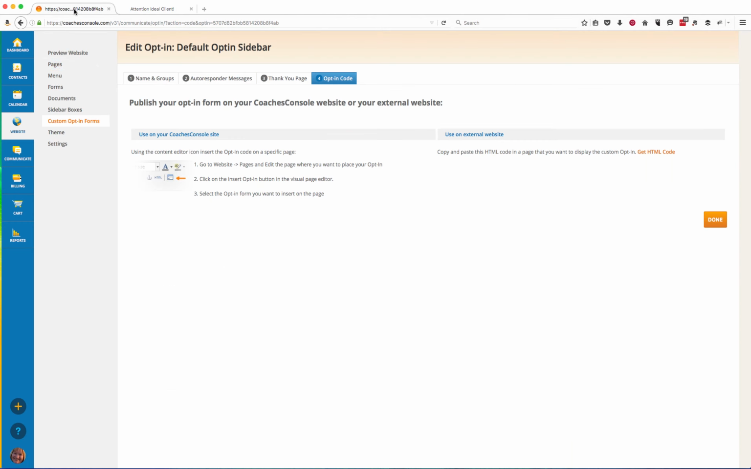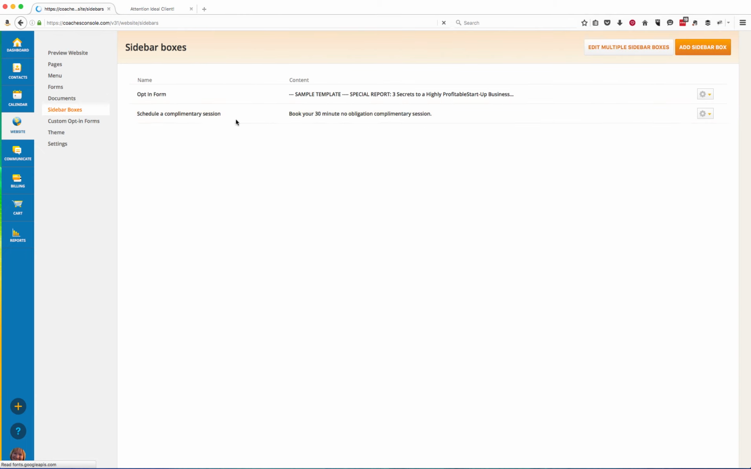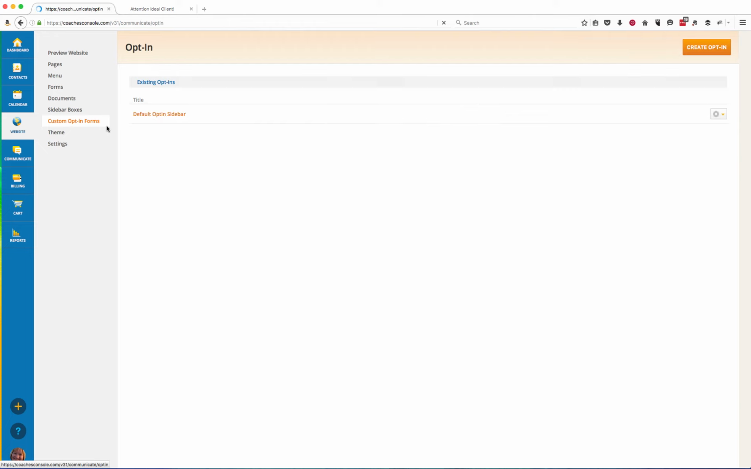So once again, in your system, you're going to go to Website, and you're going to go to Sidebar Boxes. That's where you're going to find your default opt-in form where you can edit the text and the images there. And then to change the options for the opt-in form, add your autoresponders and your thank you page, you'll go to Custom Opt-in Forms and click on the default opt-in sidebar to make